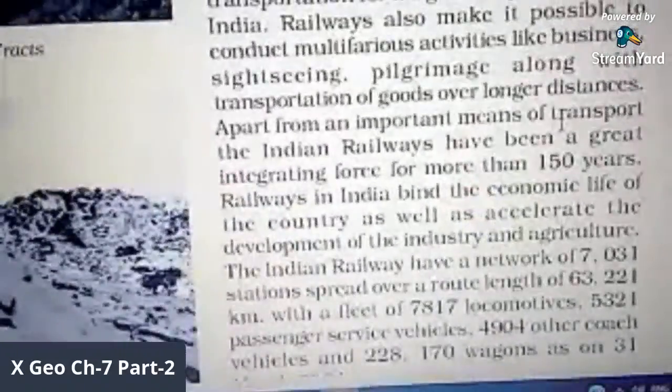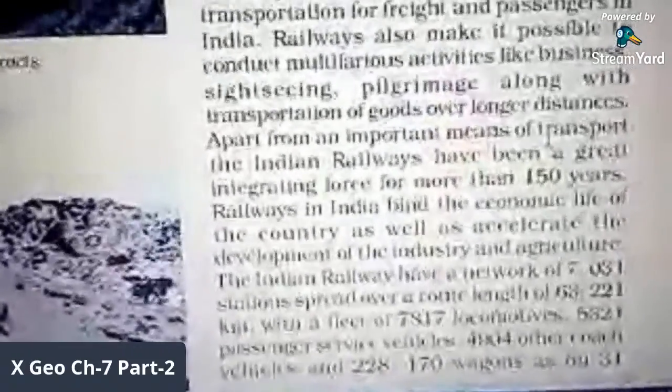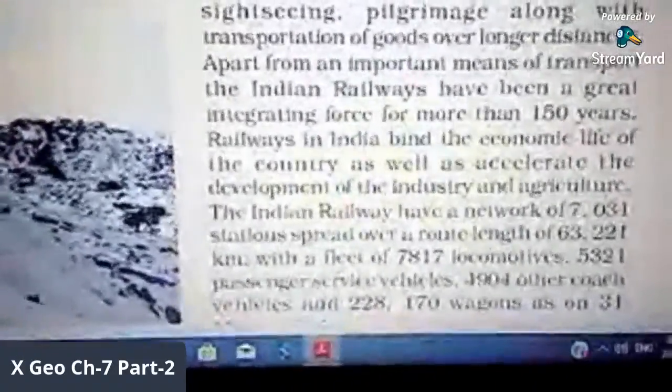So in more even or plain areas, we can expand the railway network. But if we have uneven areas, like mountains or any kind of plateau region, it is difficult for the railway network. For example, the Himalayan mountain region is very unfavorable for the construction of railways due to high relief, less population and lack of economic opportunities. As you have seen, railways always provide us economic life. So if in an uneven mountain region there is less population and fewer economic opportunities, automatically it is not favorable for a railway network.